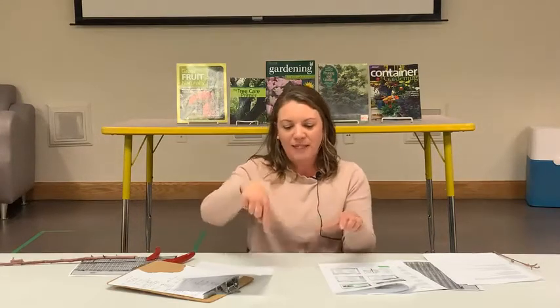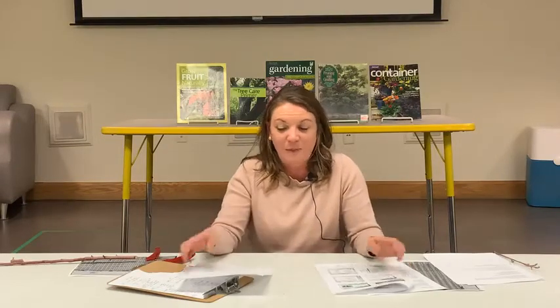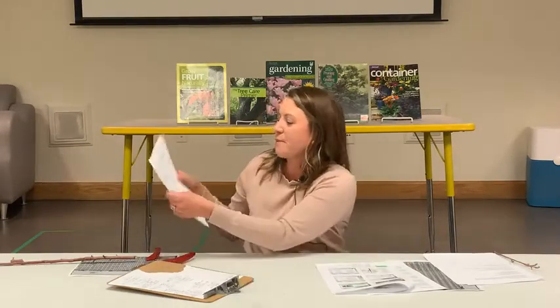With apples, it's something called a modified leader, where you'll choose some scaffolding branches here, go up a foot, let it create some more scaffolding branches here, go up another few feet, maybe one more layer maybe, and then you'll head off that leader. So there's been so much research done. You'll notice when you drive by orchards that they really do have a system pertaining to whichever type of fruit they're growing, and it's really worth learning. So that resource